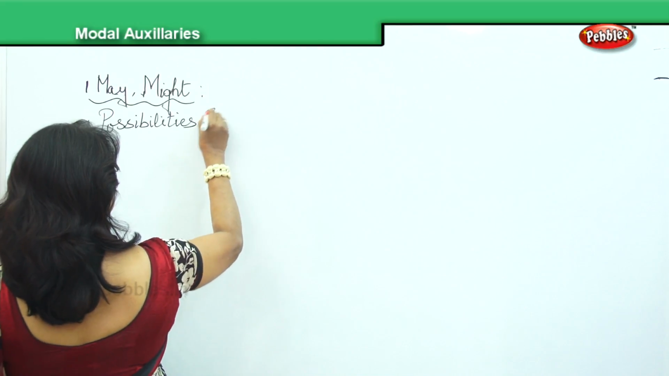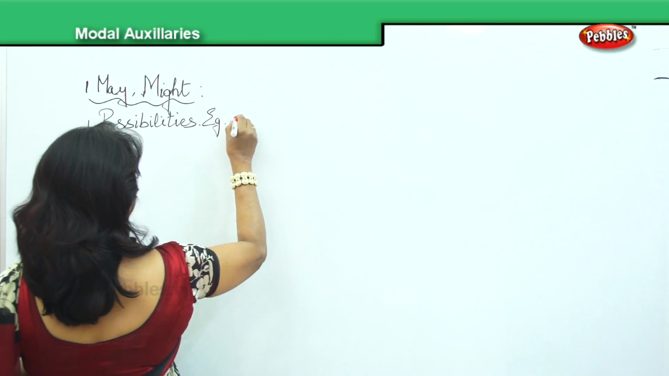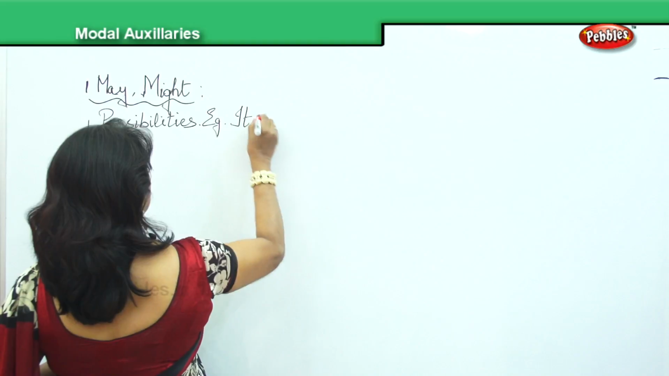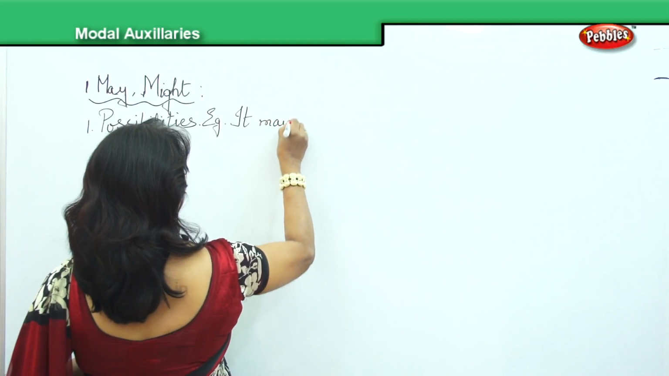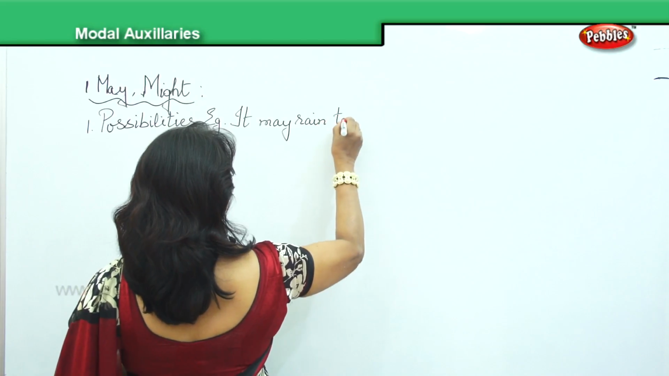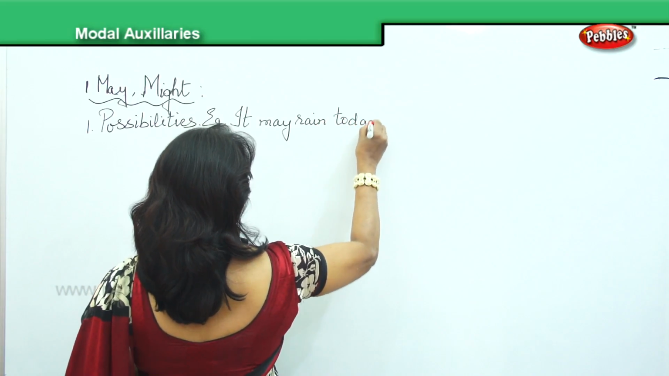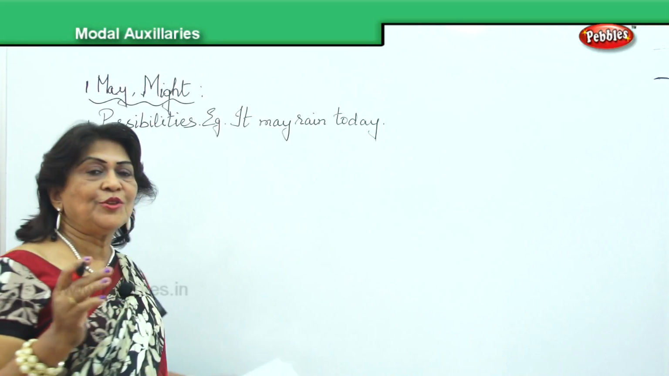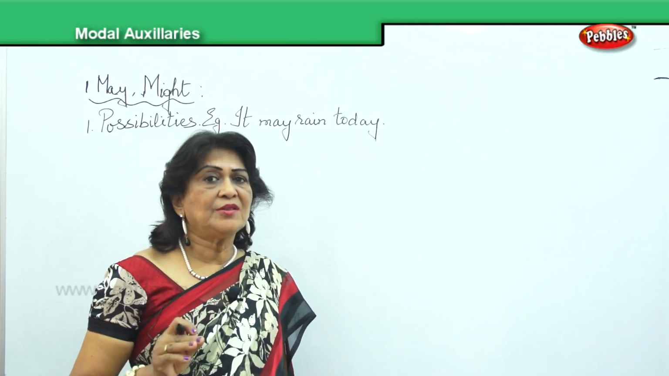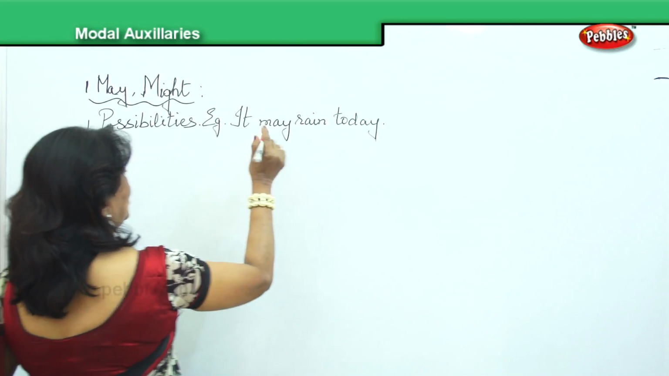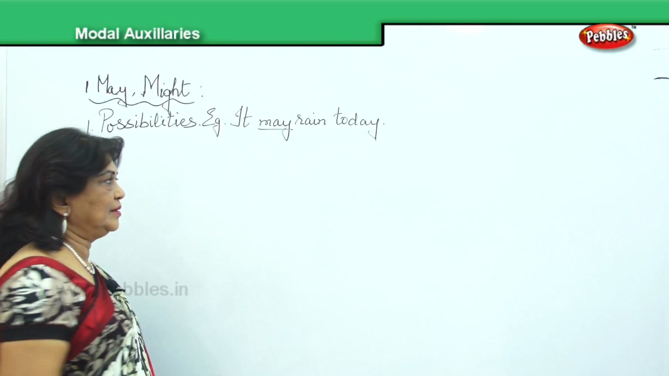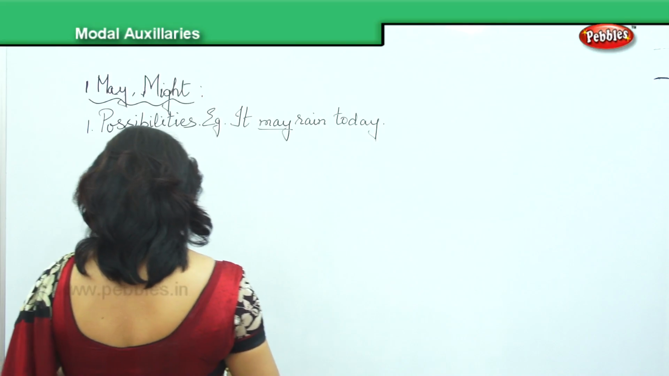Example, it may rain today. If you just look out into the sky and see, oh, it is cloudy, it may rain today. So, we use may here because it shows possibility. Next one,